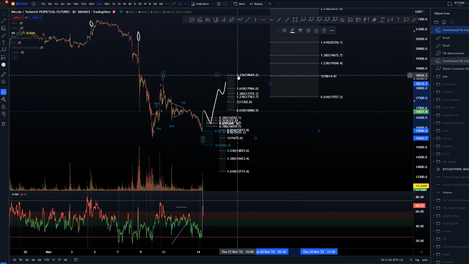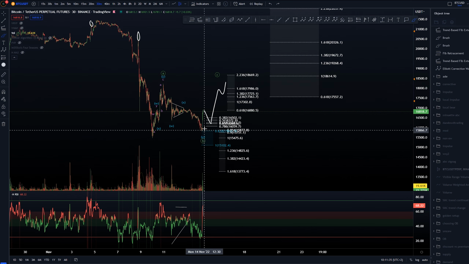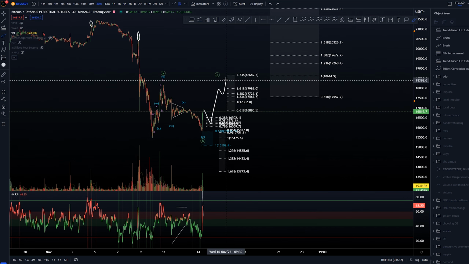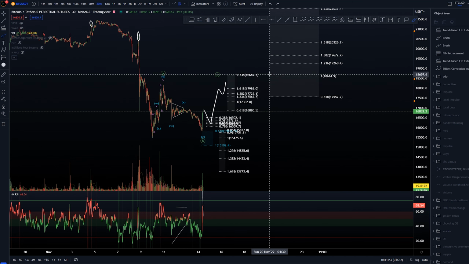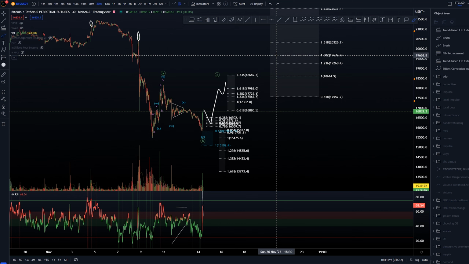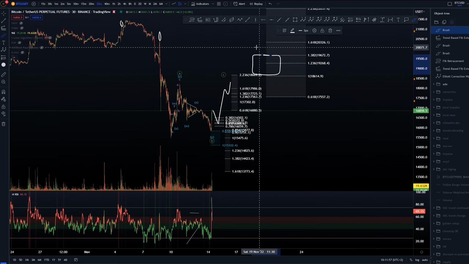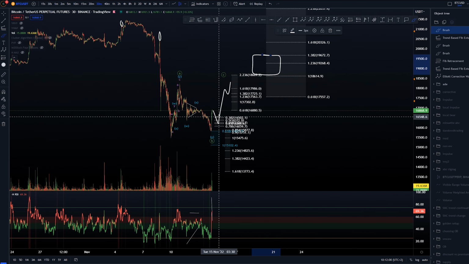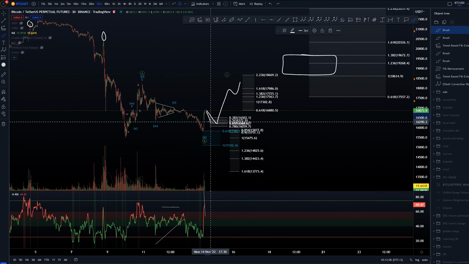1-to-1 would be around the 2.236 extension of this move, if we are again coming back to the golden pocket here, which is the area where we are expecting any five-way move to go if there is no significant extension on any of the legs. So that again would take out the highs here. 1-to-1 is definitely the main target for any kind of flat pattern, and also anywhere up to these highs we would be looking for some kind of move. So again, that is going to present us another opportunity if we are getting a five-way move all the way up there today. Before that though, I'm expecting a dump down,